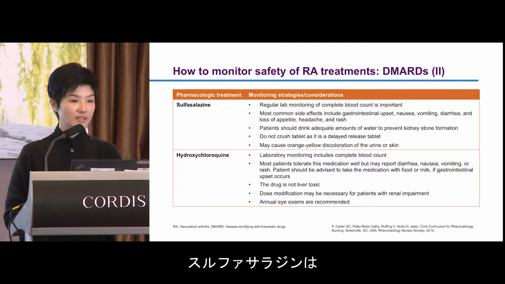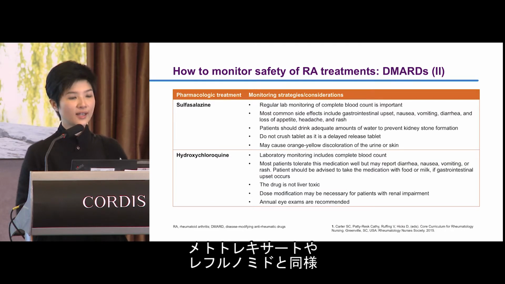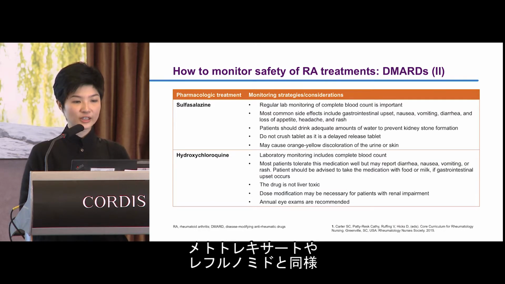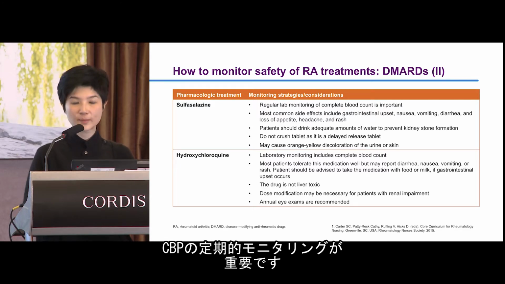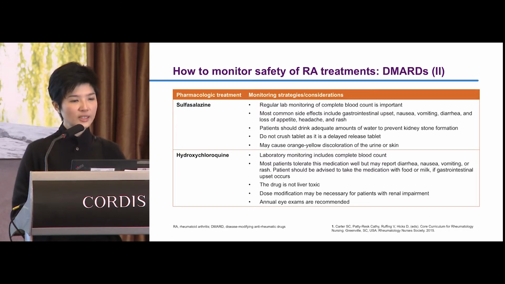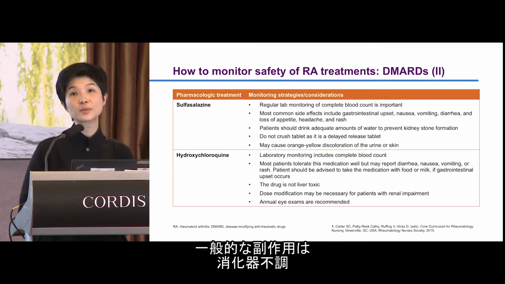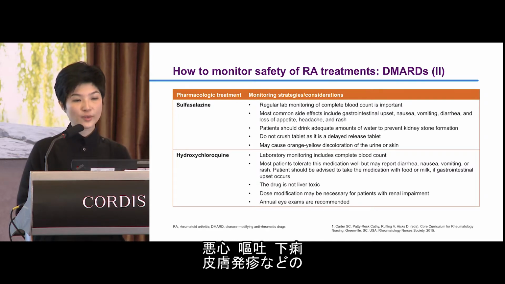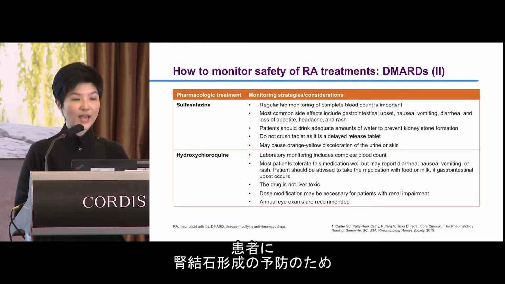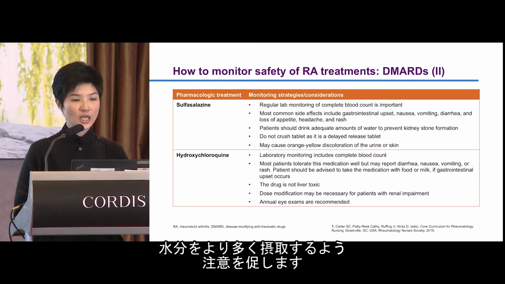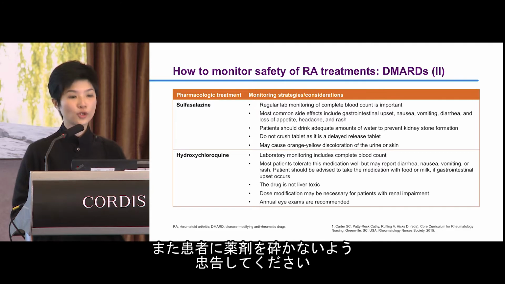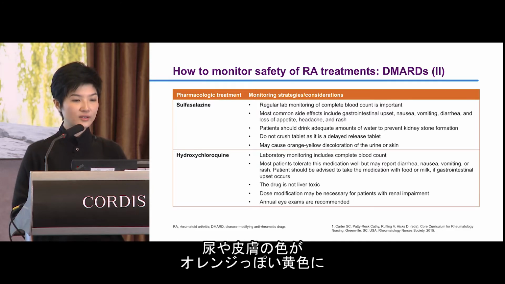So sulfasalazine, just like methotrexate and levodopa, regular lab monitoring of CBP is important. Some common side effects include GI upset, nausea, vomiting, diarrhea, and some allergic reactions like skin rash. And we should alert patients to drink more fluid to prevent kidney stone formation. And we should remind the patient not to crush the medications, and it may cause orange-yellow discoloration of the urine